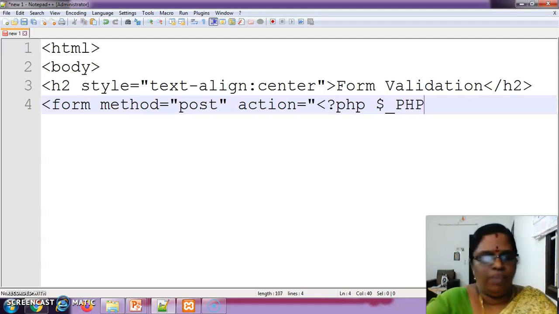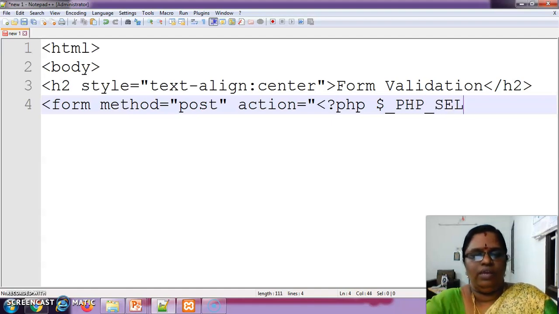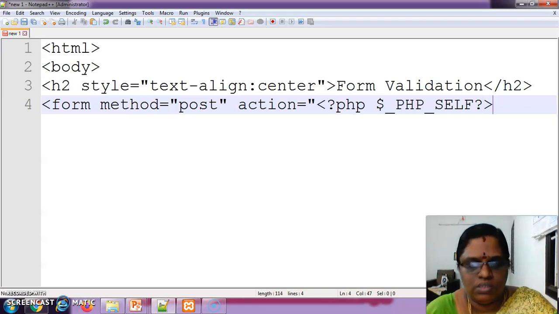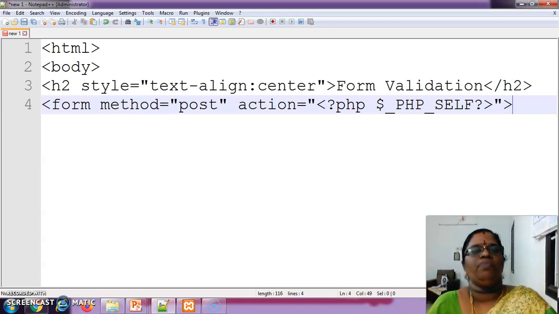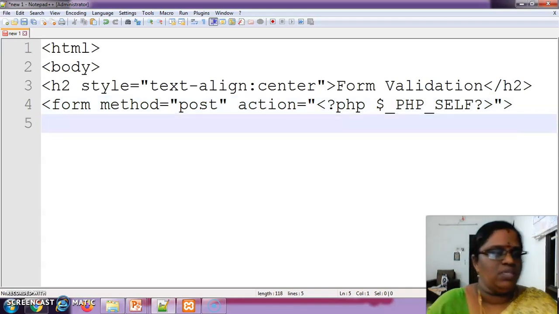This is a PHP self. It itself is called. Okay. So with this, we'll close it. Okay. Form method, action is PHP self. Okay. Yes, children. Did you all understand how to type this?